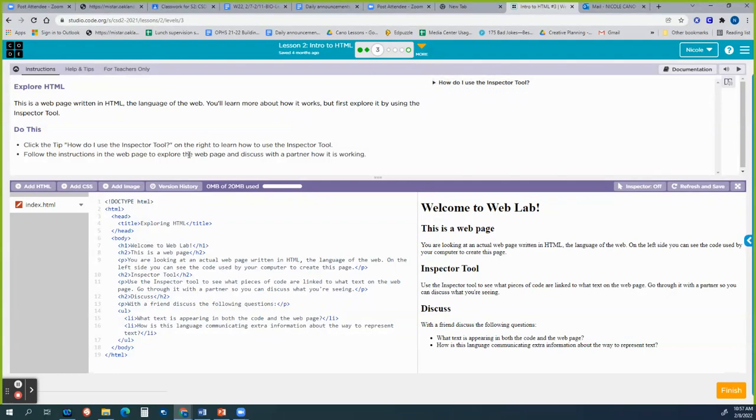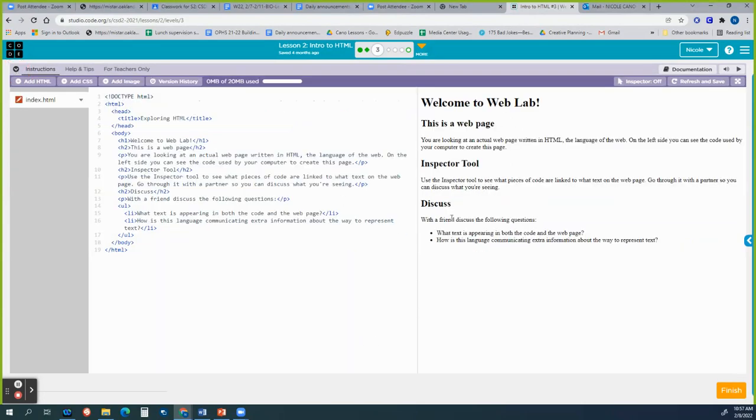Awesome, good to know. All right, so follow the instructions in the web page to explore the web page and discuss with the partner how it's working. Awesome. So now that I know what I'm supposed to do, I'm going to minimize my instructions so I have more of a workspace. I'm going to turn my inspector on. Now notice I have different sections. I'm curious as to how they got this